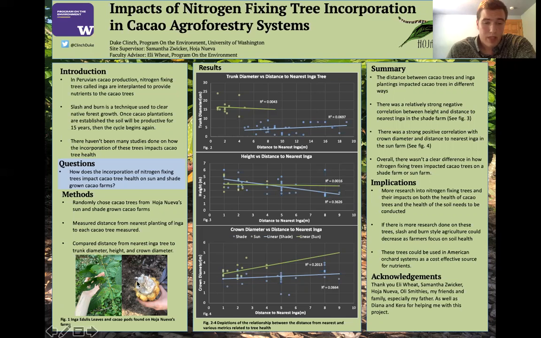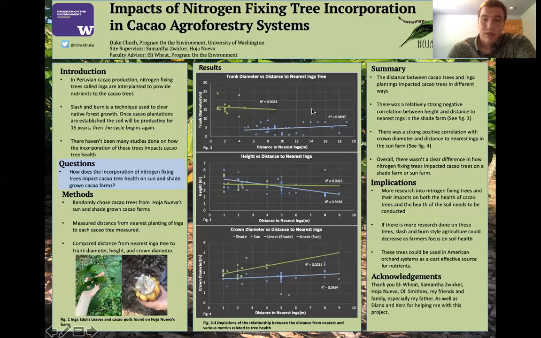As you can see in the bottom left here, I have an example of an Inga tree leaf and a cacao pod, both from Hoja Nueva's farm. And then in the center here, I have the results of my research. These are all depictions of the relationship between the distance from nearest cacao or Inga planting and various metrics related to tree health. To summarize my results, the distance between Inga plantings and cacao plantings impacted cacao trees in different